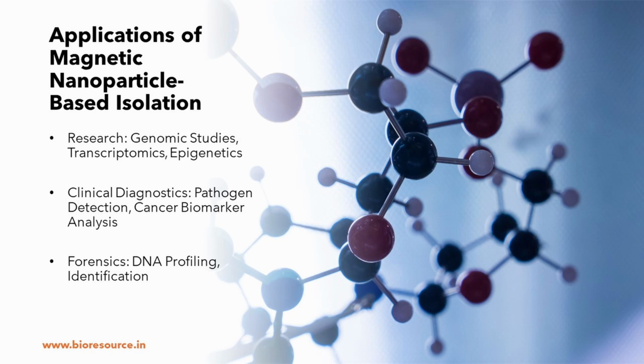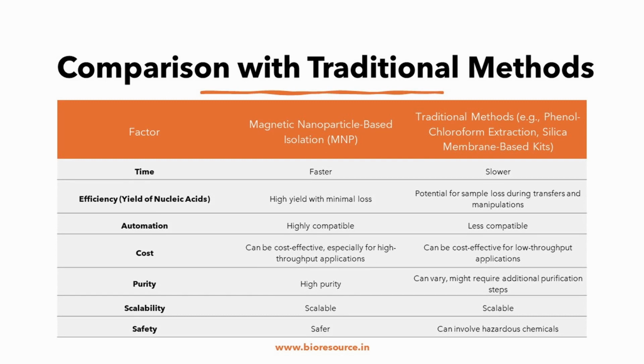Coming to the comparison, if you can see this table, the MNP based nanoparticle extraction method is much faster compared to the traditional methods. The yield and the efficiency are much higher in magnetic nanoparticle based extraction, and it is highly compatible with automation, whereas traditional methods are less compatible. The MNP method is cost effective for high throughput applications, whereas traditional methods are only cost effective for low